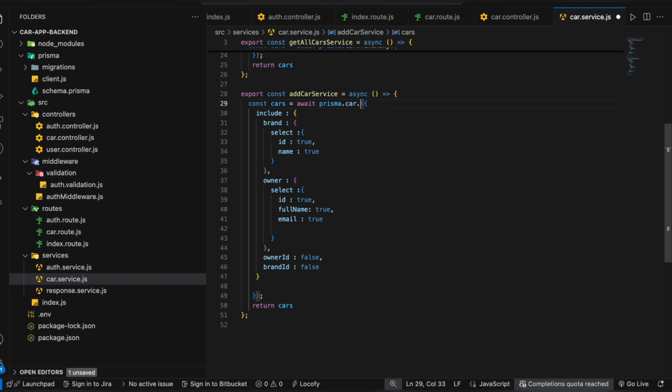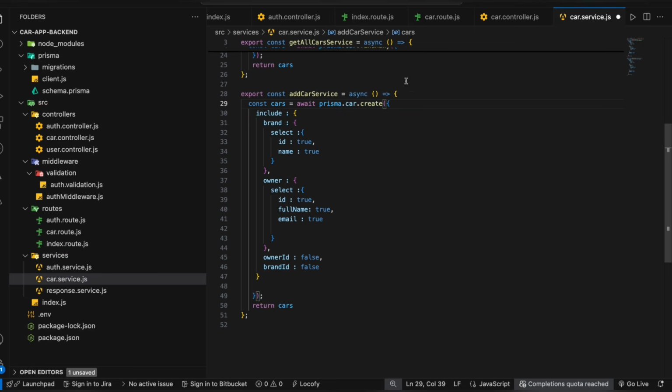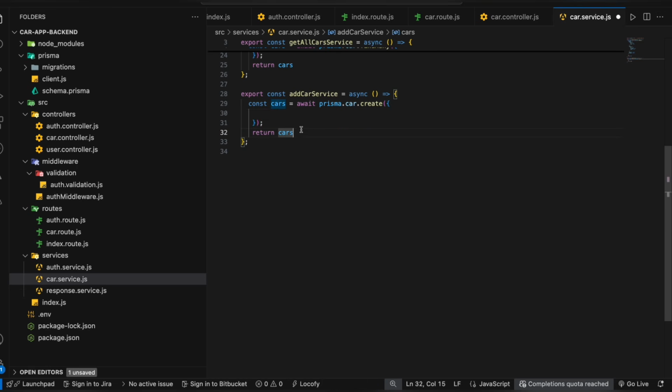Instead of find many, we are going to use a method which is create. While creating, you don't need these unnecessary fields. You are going to just return whatever you are creating. So in this case I'm going to return this whole thing, and over here you just write the data keyword key,